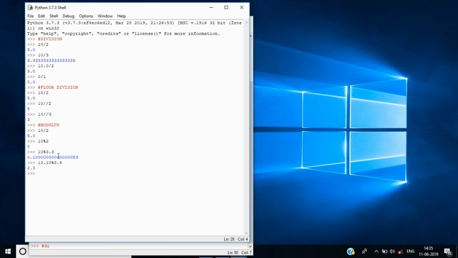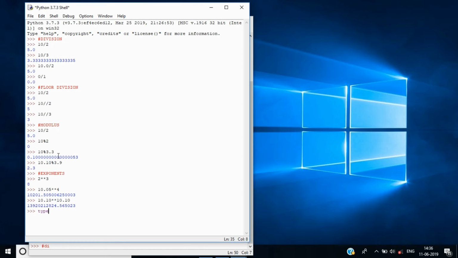Now what about power? What about exponents basically? I want to find out what is 2 squared or 2 power 5 or something like that. There is a special notation for that, which is double star. So if I say 2 double star 3, it will be 2 power 3, which is 8. I can say 10.0 or 0.5 double star 4, which will be a float of course, and 10.10 double star 10.10 will also be a float. So exponents are also handled internally easily.